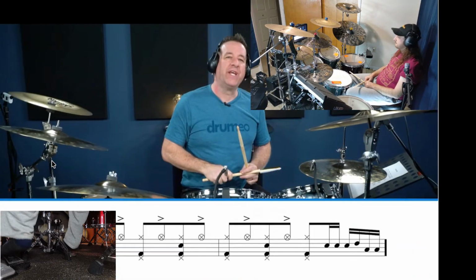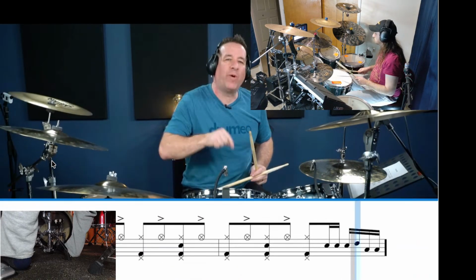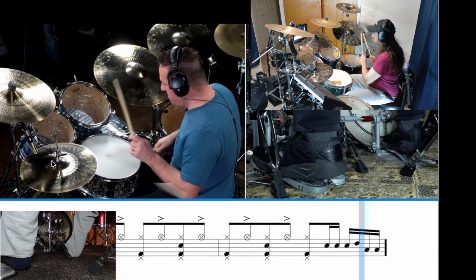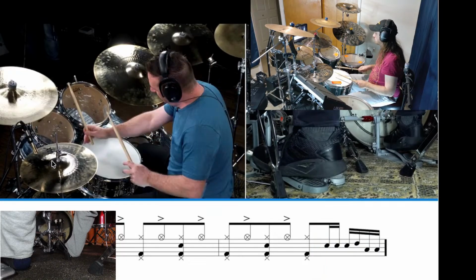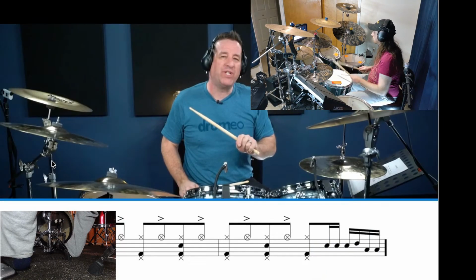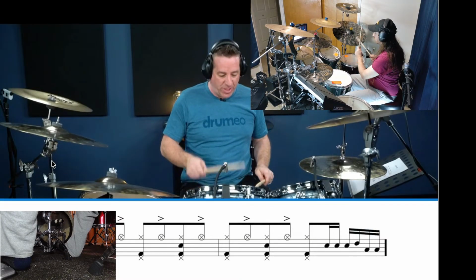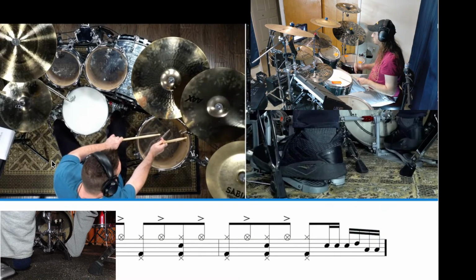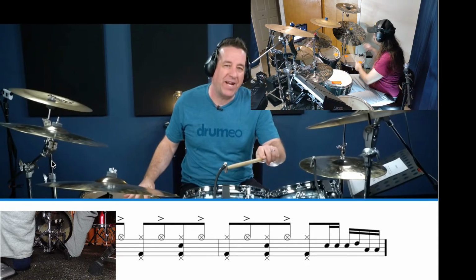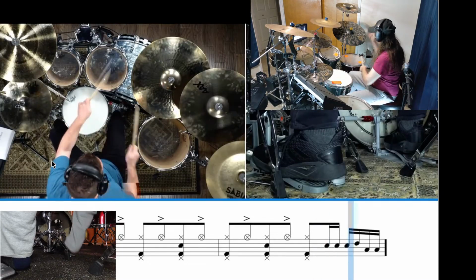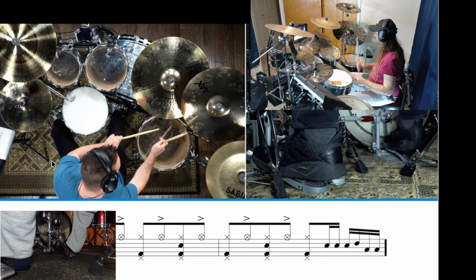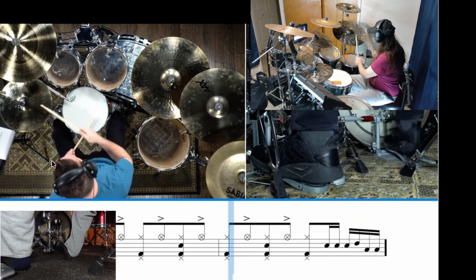More 16ths to it to help propel us into the next section. So on fill number 4 of this section, it's going to go and a 4E and a 1. So that's 1, 2, 3. So what we're going to do is voice it around the drums like this. Bringing that left hand up to the tom, which, as you're seeing now, is a pretty common thing for me. Within the context of the groove,